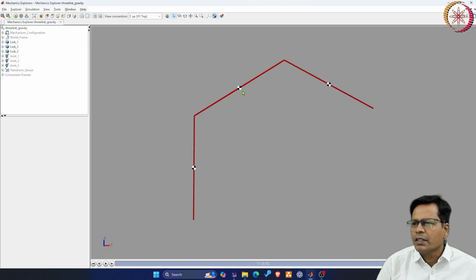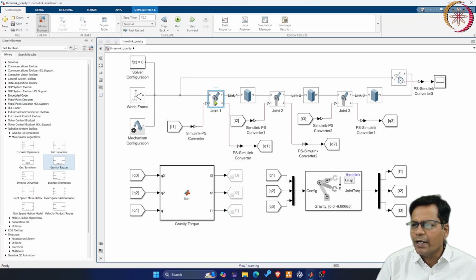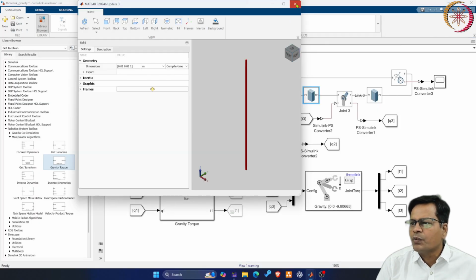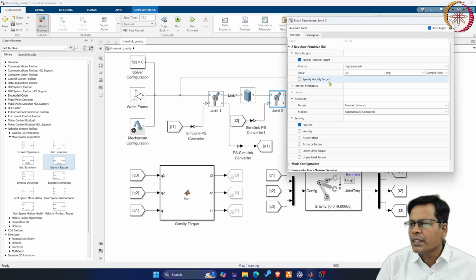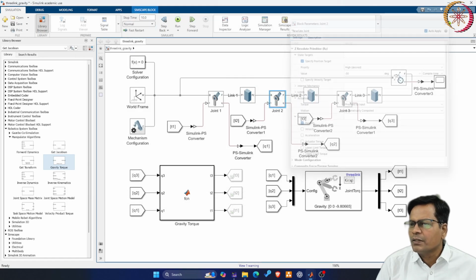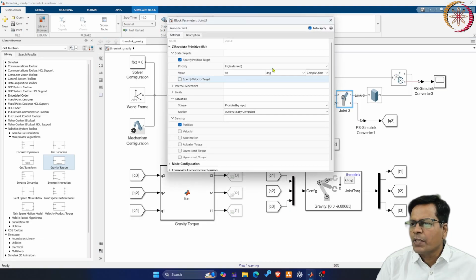These are the center of gravity locations for each of the links. The initial state here I have defined as, you see, for joint 2 it is minus 30, for joint 1 it was 0, and for joint 3 it is plus 60.